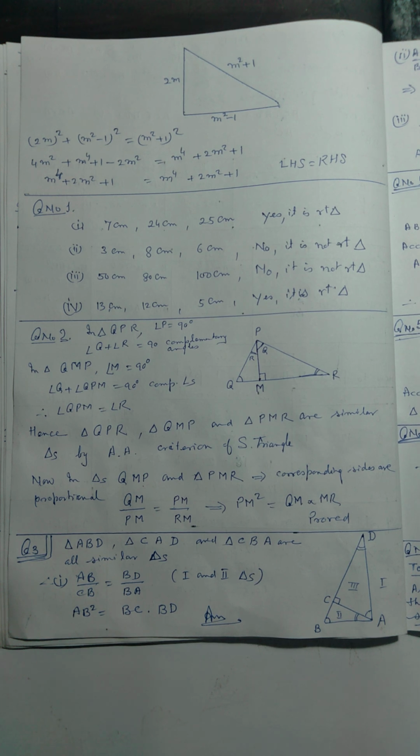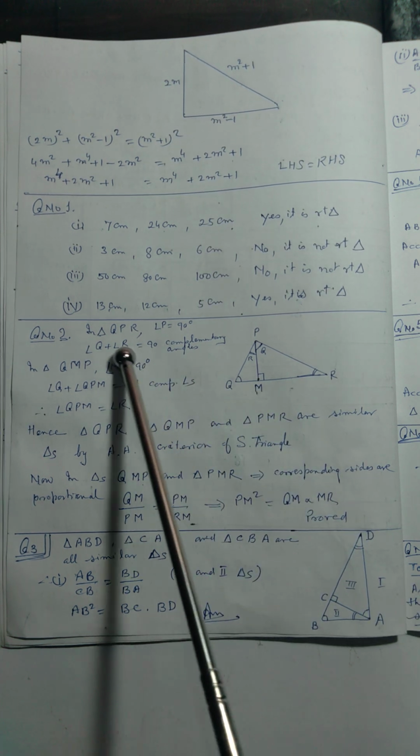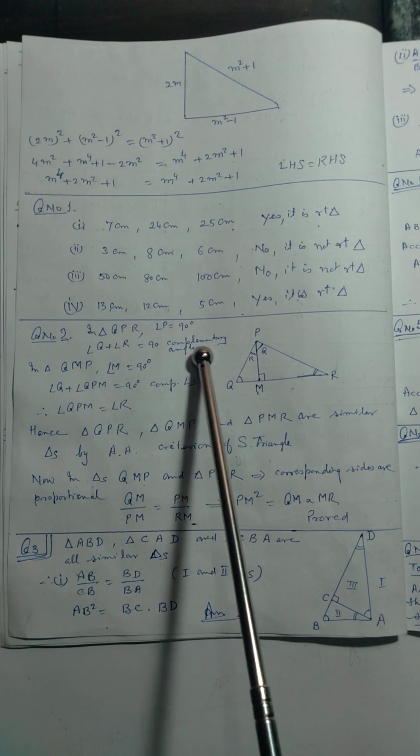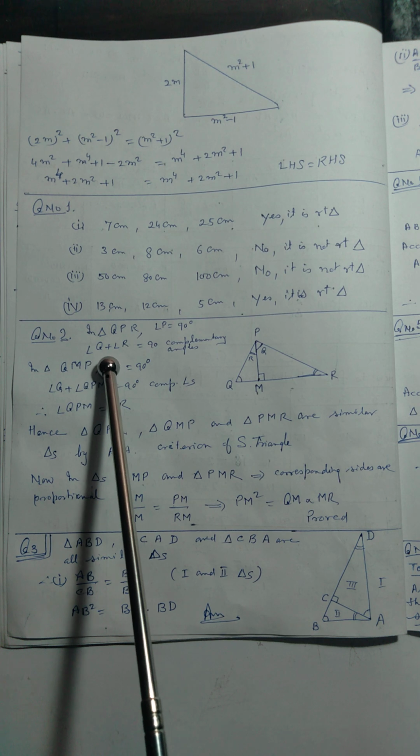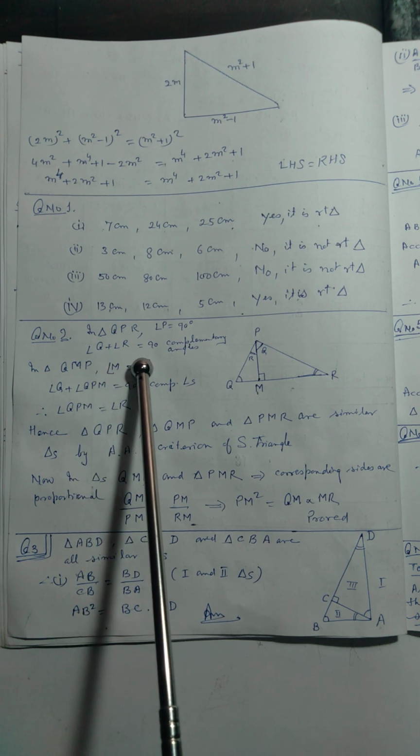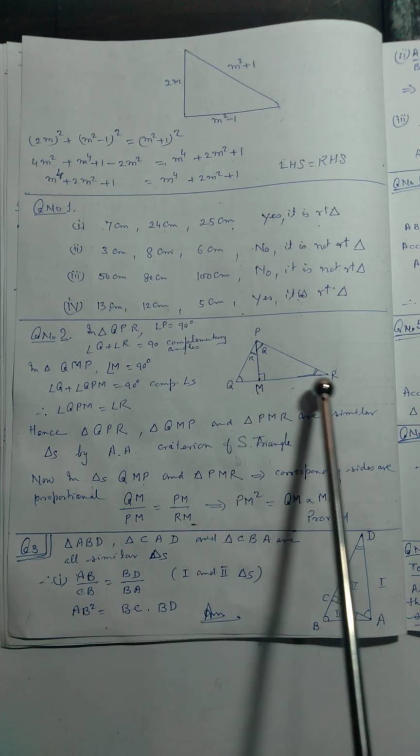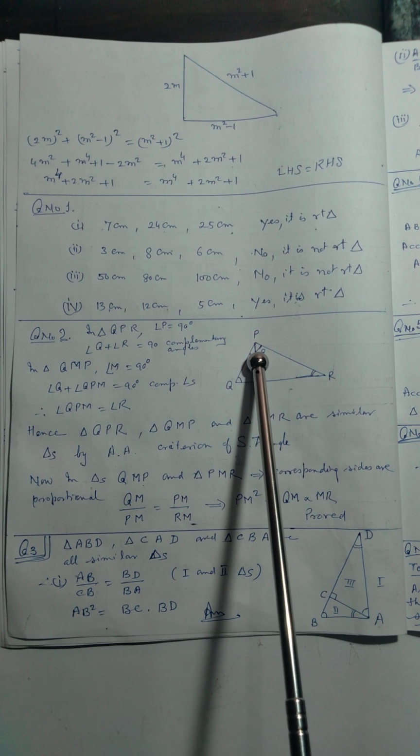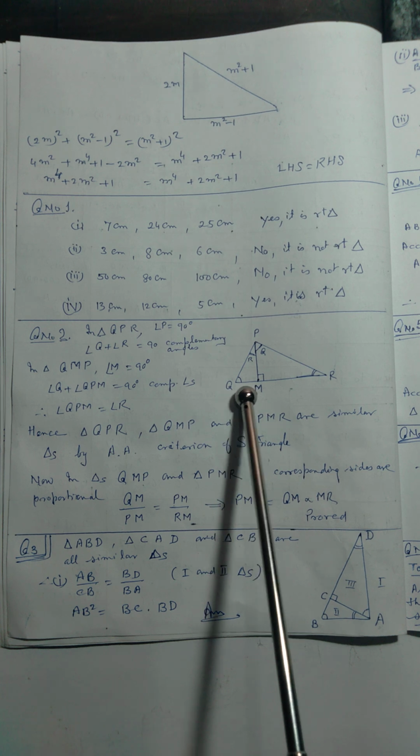Now the question number 2. PQR is a triangle right angled at P and M is a point on QR such that PM is perpendicular to QR. Prove that PM square is equal to QM into MR. You see, in triangle PQR, angle P is 90 degree. So angle Q plus angle R is equal to 90. Means the remaining two acute angles,